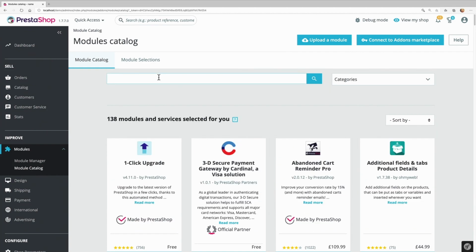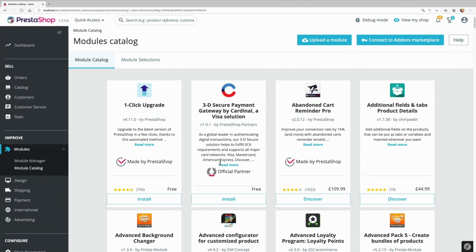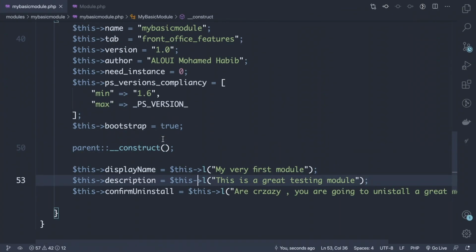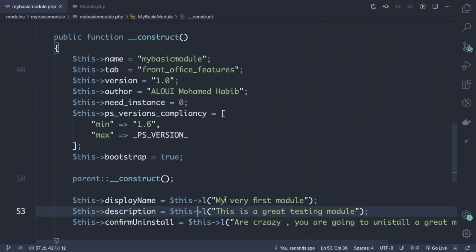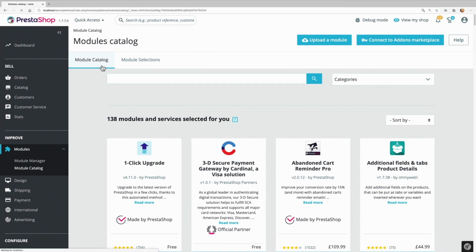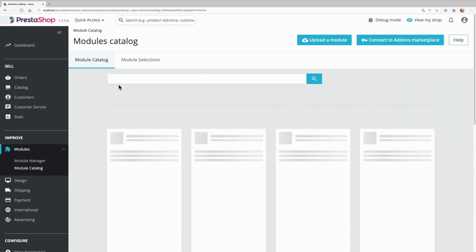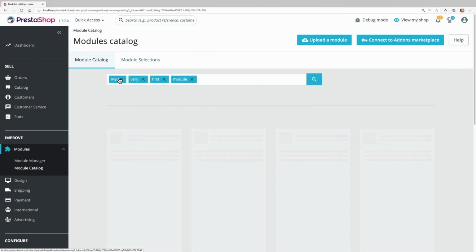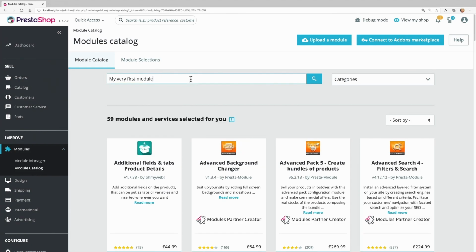modules. So here, if you don't find your module quickly, you could simply use one of the keywords we did define here. For example, you can search using my very first module, like this. Okay, let's see if that will help. So, oops, I clicked on that, sorry. By clicking here, it translated into a list of keywords, but